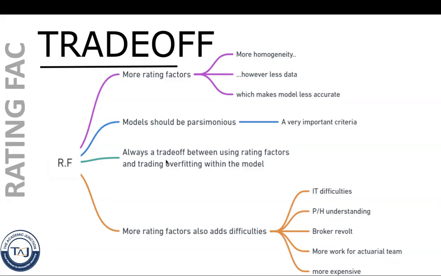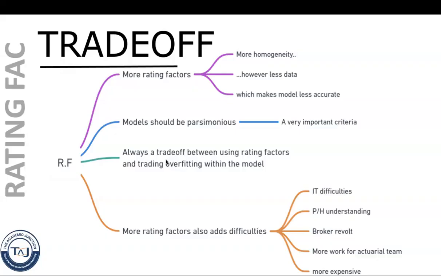Parsimonious models mean models which have just the right amount of independent variables, right? It should not be too many. It should not be too less, right? That's a very important criteria that you should always follow. And there's always a trade-off between rating factors and overfitting within the model. If you add a lot of rating factors, what will happen is you'll end up with a model where there is overfitting happening, which is not at all something that you want as a modeler, right? You want something where there is no overfitting, there is a certain amount of curve that's there into the